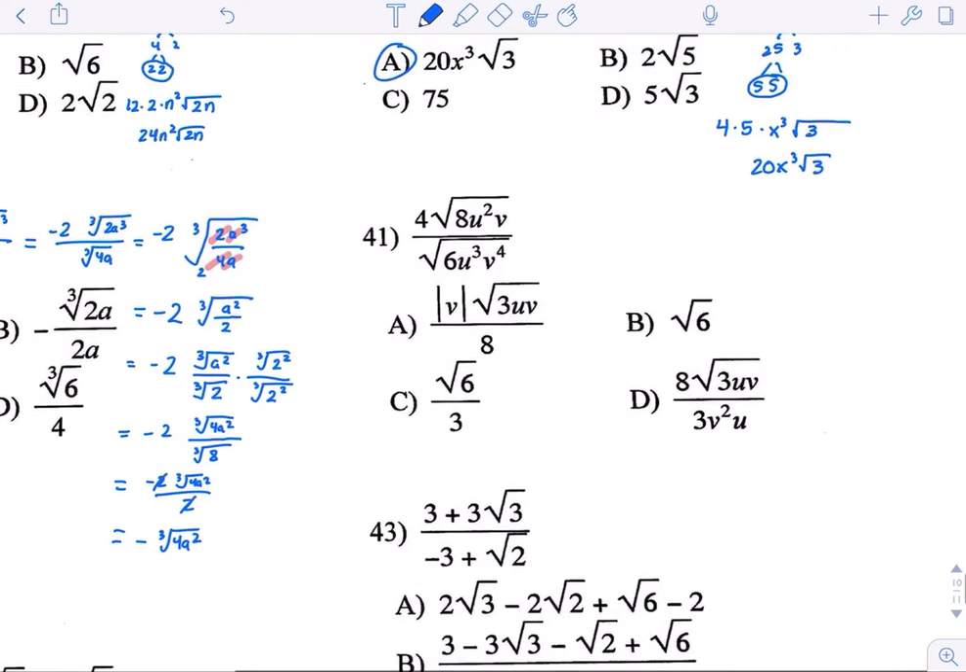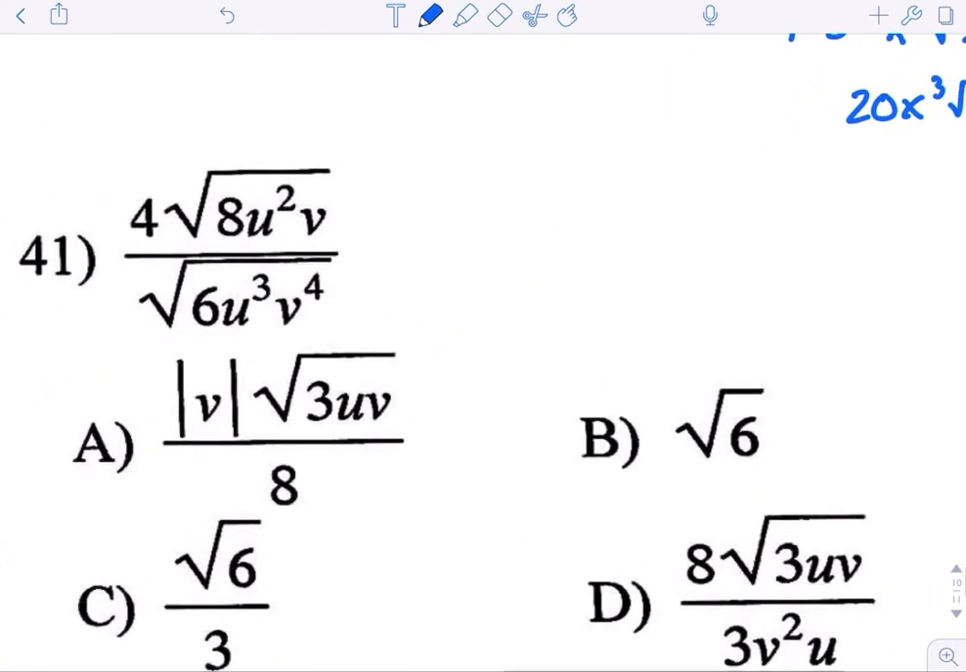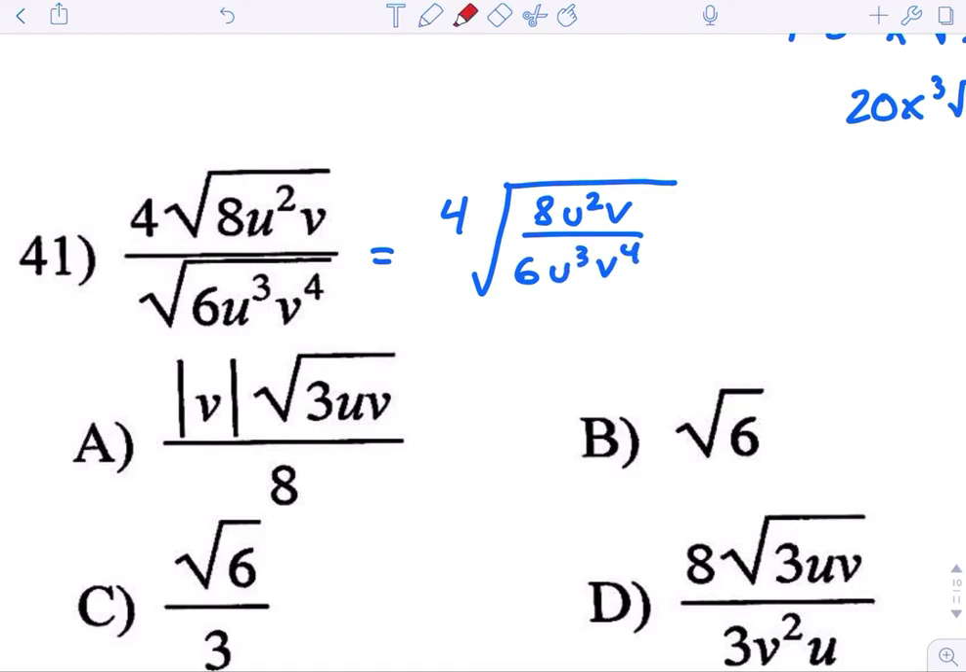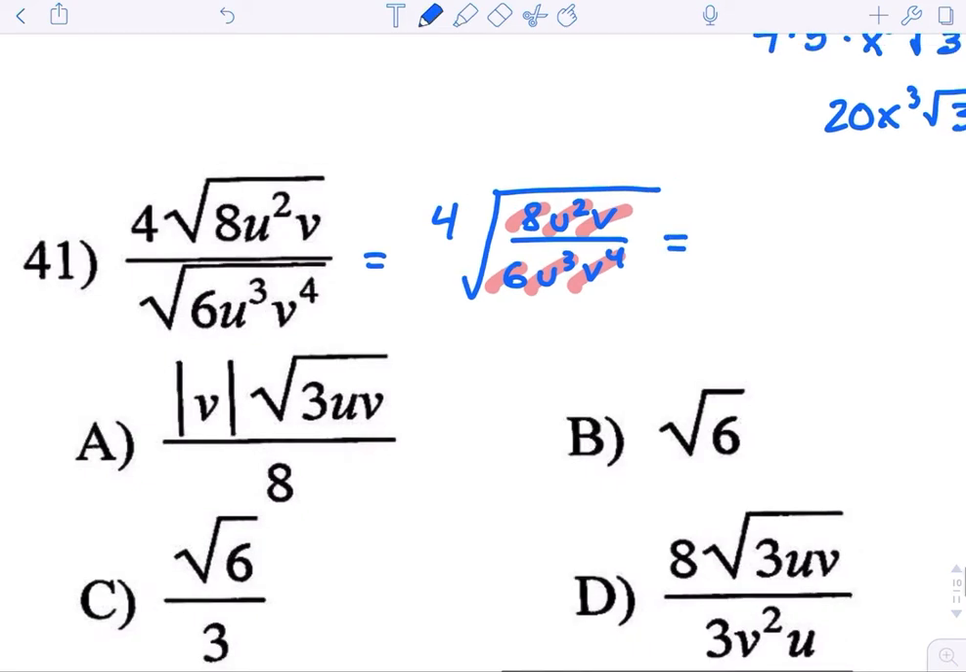Okay, 41. So for 41, I'm just going to put them all under the same house. So 8u squared v all over 6u to the third v to the fourth. I could cancel a 2 from top and bottom right there. I could cancel 2 u's from there, and I could cancel a v from there, which means we're going to